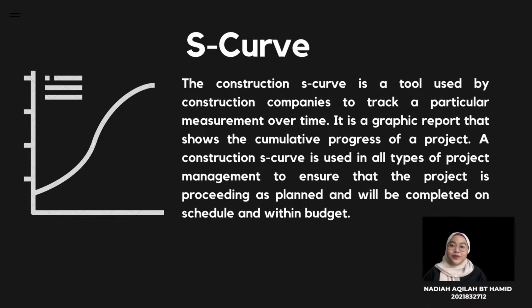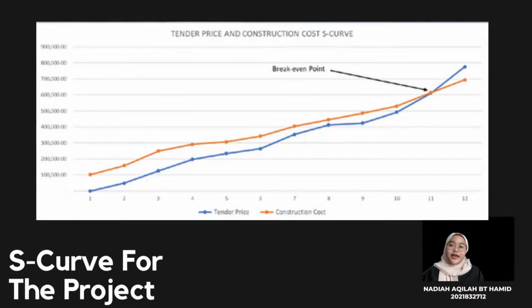Next, I'm going to explain about S-curve. So what is S-curve? The construction S-curve is a tool used by construction companies to track a particular measurement over time. It is a graphic report that shows the cumulative progress of a project. A construction S-curve is used in all types of project management to ensure that the project is proceeding as planned and will be completed on schedule and within the budget. Here is the S-curve for the project. The blue line in the graph represents the tender price or the assumption, and the orange line is the actual